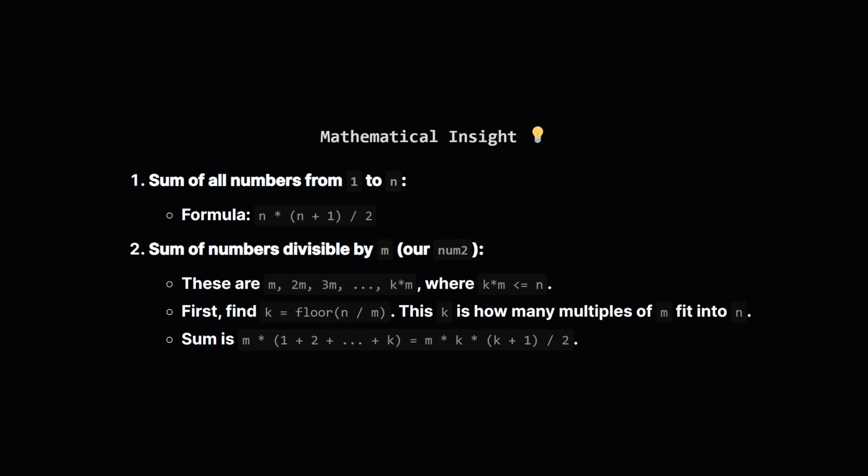These numbers are multiples of m: m itself, then 2 times m, then 3 times m, and so on, up to some k times m that's less than or equal to n. To find this k, we just divide n by m, and we take the whole number part, often called the floor. This tells us how many such multiples exist. Then the sum of these multiples is m times the sum of 1, 2, 3, up to k, and that sum is